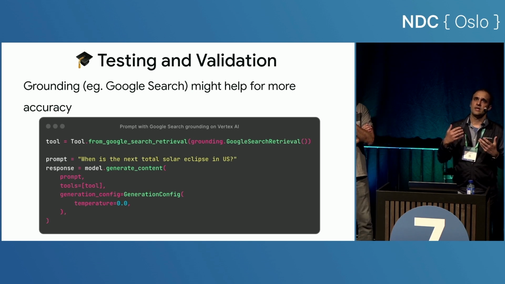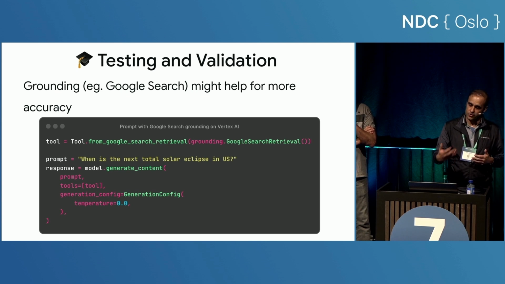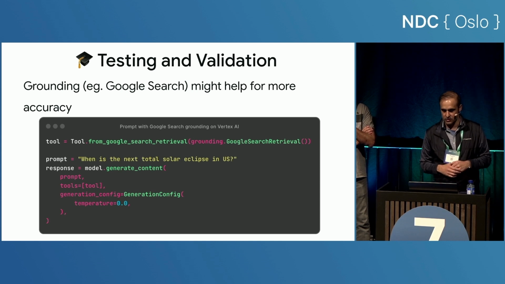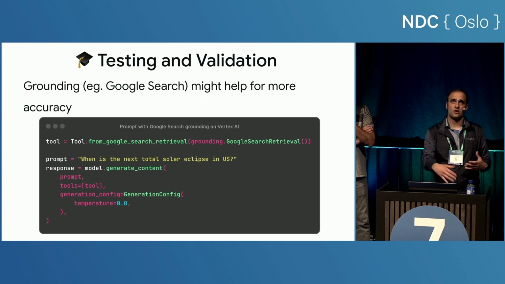But in cases where you need real-time data, like weather data from today or stock data from today, where you know that the data is not in the model's training data, for those kinds of things, Google search actually helps quite a bit. So you can get more and more accurate answers using grounding. It's something to keep in mind as well. And if you have any private data where you want to ground it with your private documents, again, you can use that. You can create a tool that uses Vertex AI search to search your own data and give you more accurate answers.